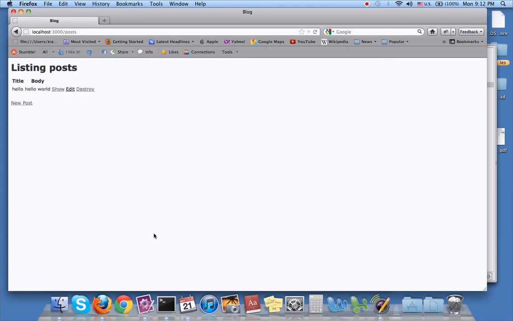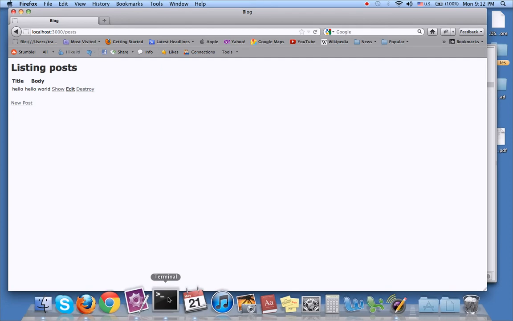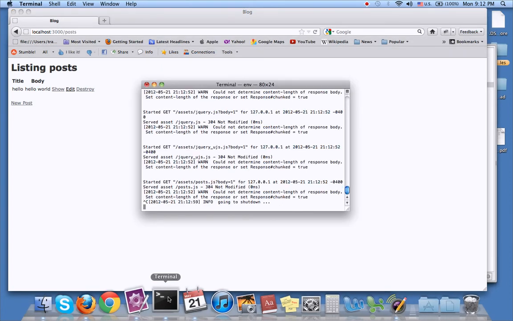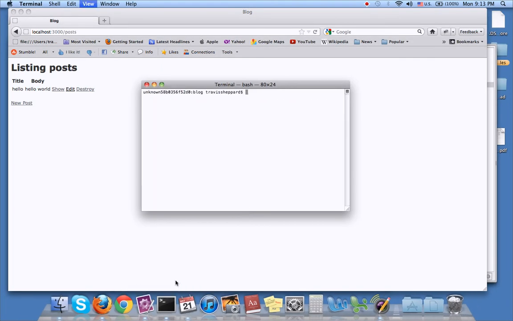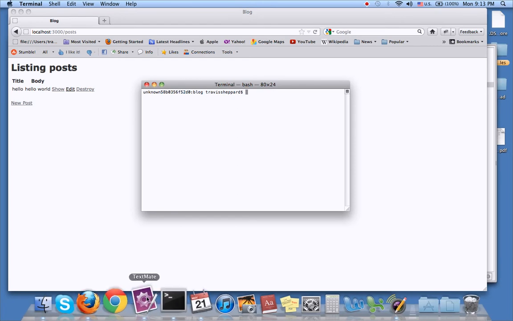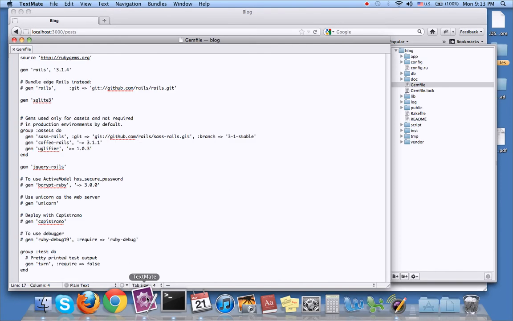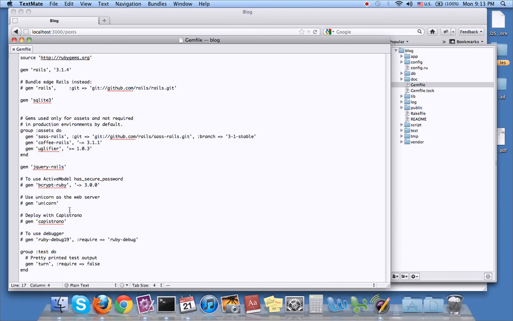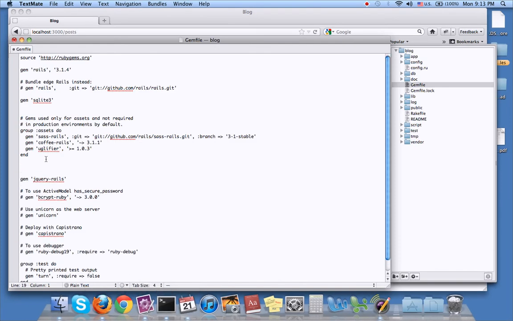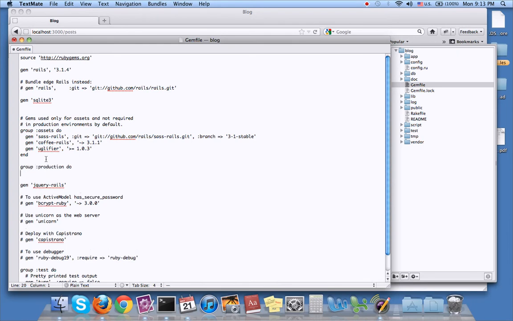And that's great, but let's say you want to run that on a Heroku shared server. We'll show you what you need to do to get that going. So we'll just stop our local server. Now all we're going to do is do a few simple steps to get it ready for Heroku and then deploy. So the first thing you need to do is open your Gemfile and add group production do gem